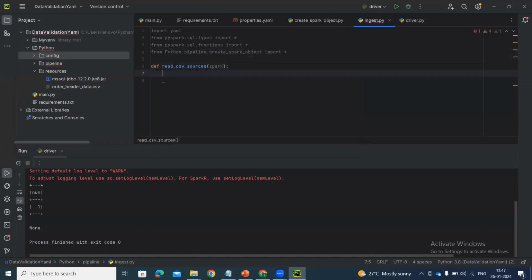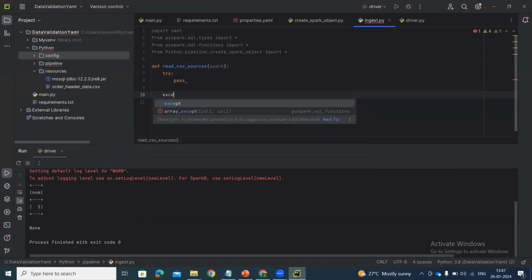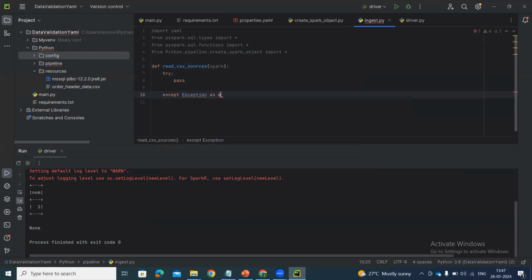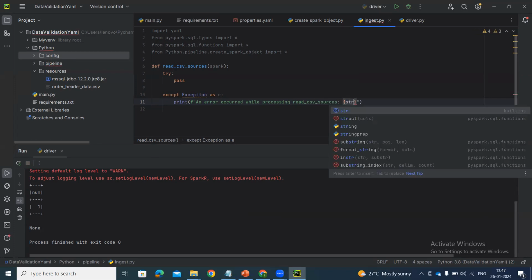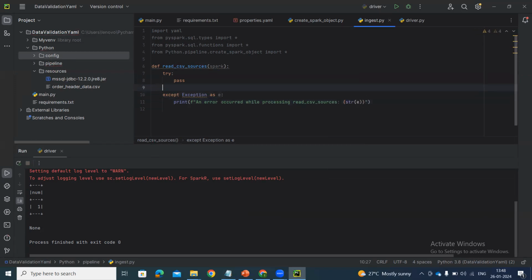Okay, put everything in try except, except Exception as E, and print error while processing read CSV sources, str of E. Okay, let's print read the